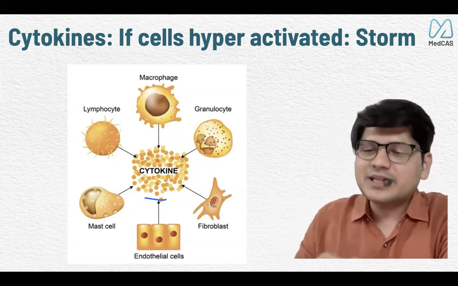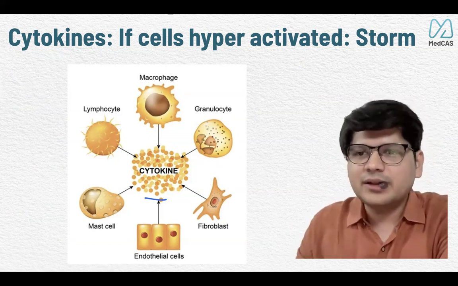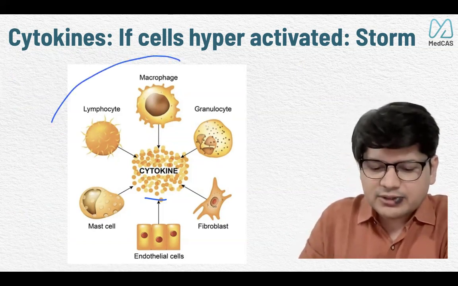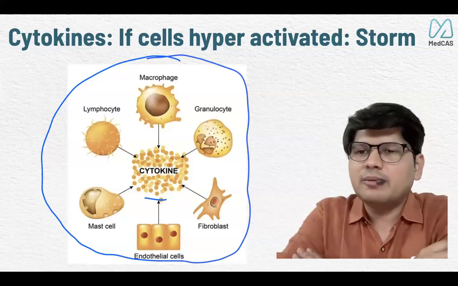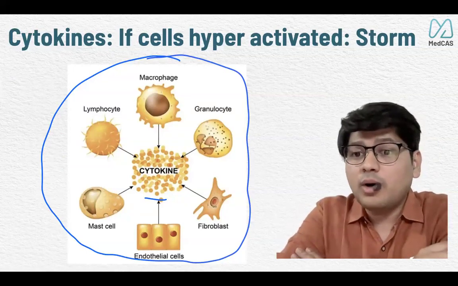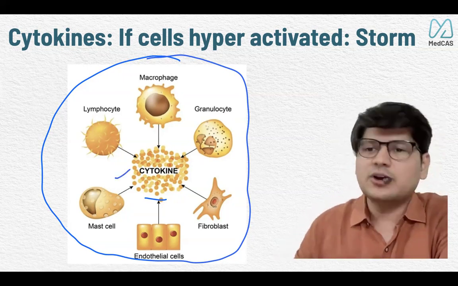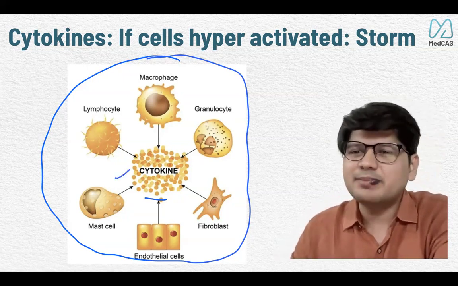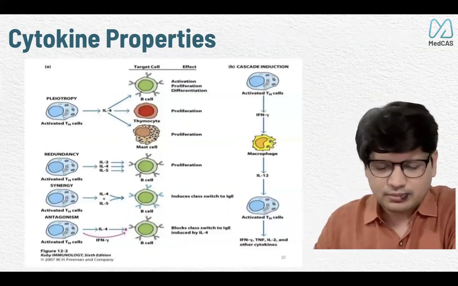Too much activation can lead to high CRP, high fever, organ failures, and everything. And they can come by activation of these kinds of cells. All of this was somehow affected in many of the infections. If they're overactivated, the cytokine storm comes into the picture. That's the general picture, or the clinical implication, of the cytokine.